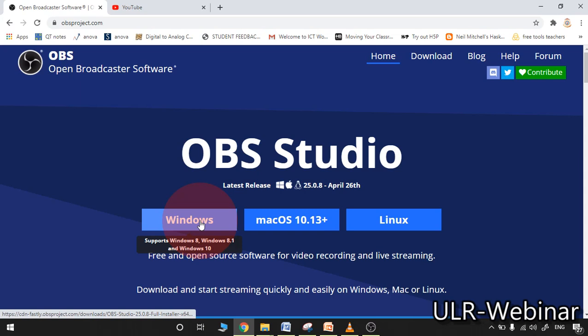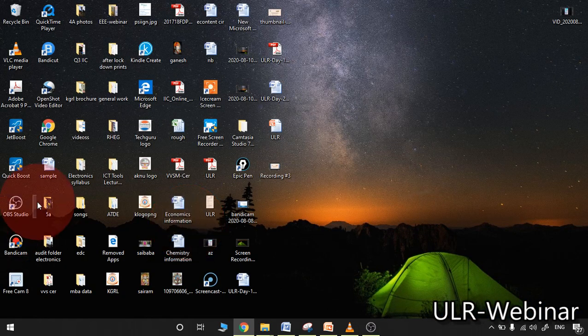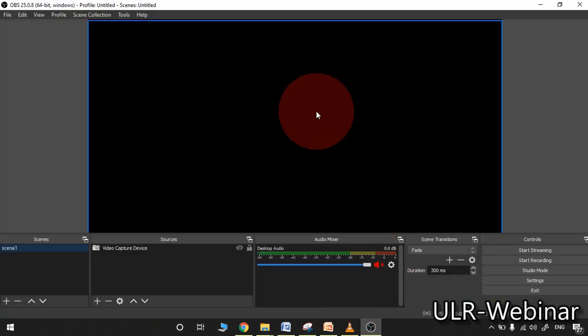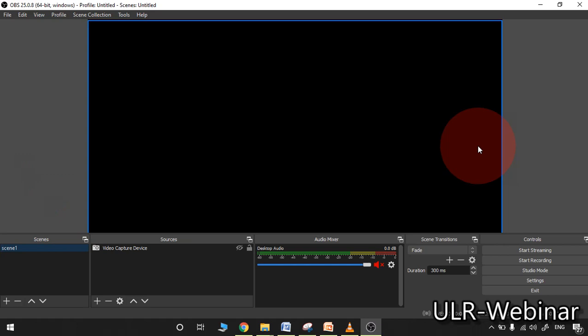Comfortably, all the possible features in OBS work in Windows 10 only. In the Windows 7 version there is no chance of using this OBS software on your computer. After clicking this, you will download the exe file and install OBS in your system. Then please observe, a desktop shortcut will appear on your computer. Whenever you click that icon, the OBS window will appear to you in this way.